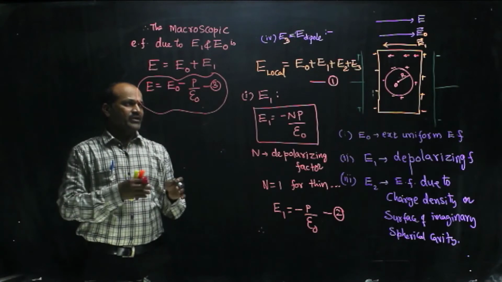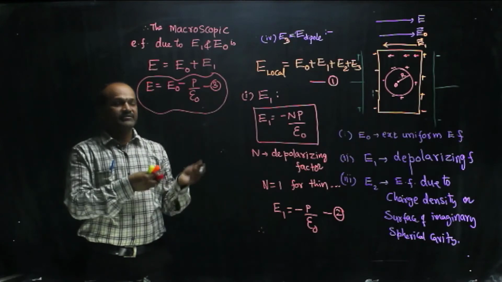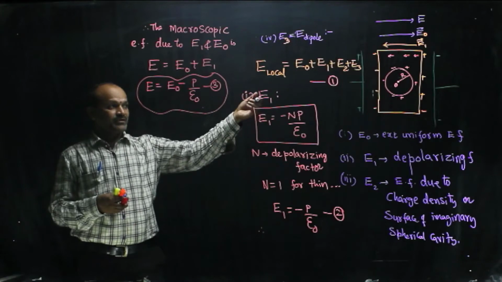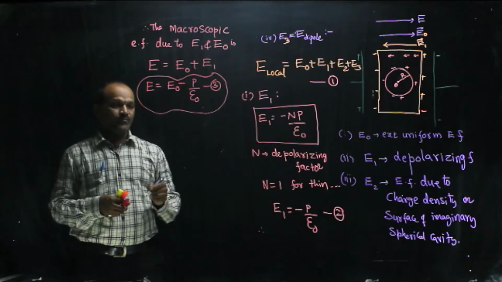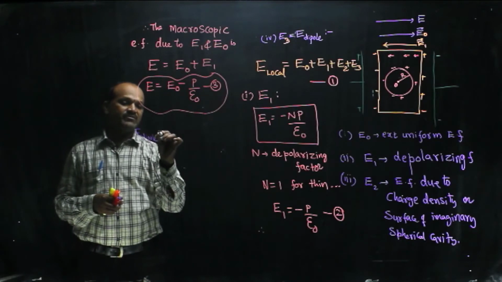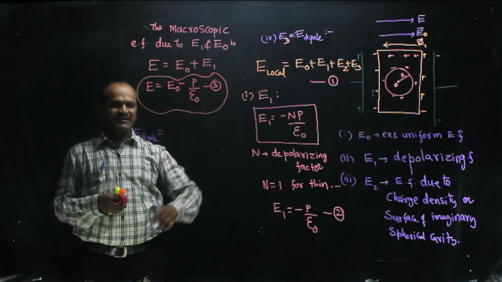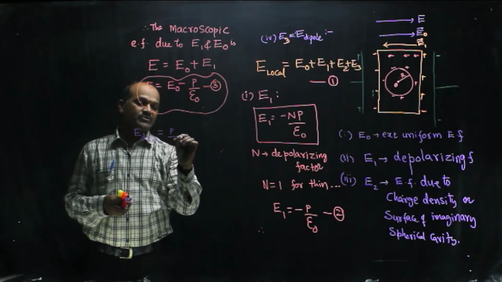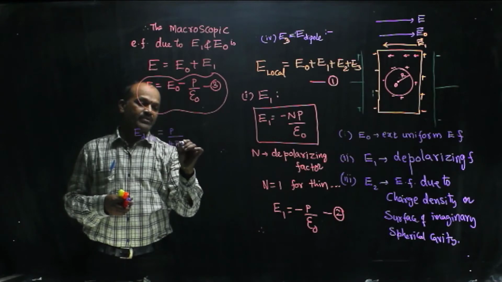Anyway, irrespective of that, if dipoles are present around a particular reference site O, then the formula for E dipole, which is E3 itself, is P by epsilon naught times